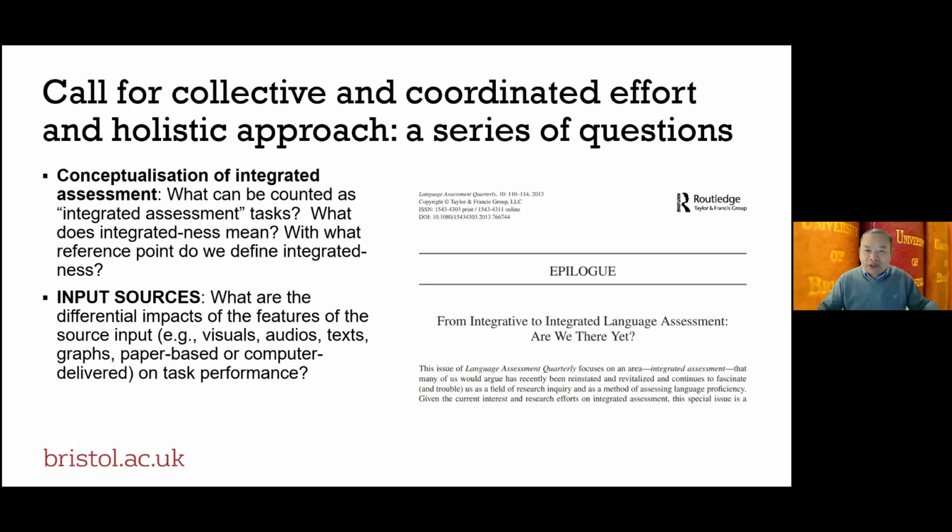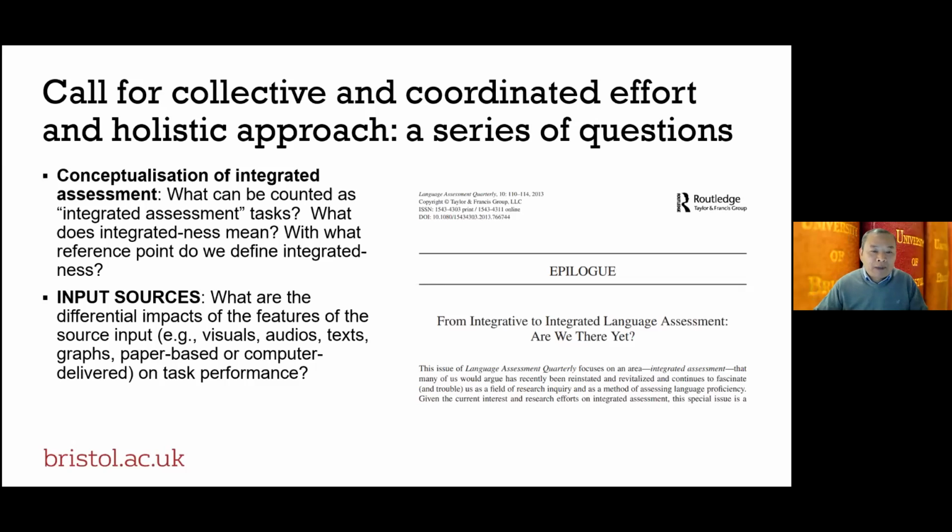Now, in terms of the input, I would put this assessment in a very crude way of saying, here is the input, here is the filter plant, which I mean the person who is processing all this information. And the third point is on the evaluation. How do we assess what we can assess, or what the students present to us to be assessed? So in terms of the input sources,